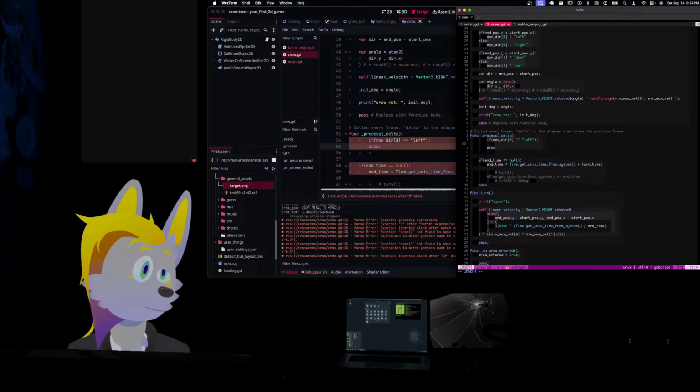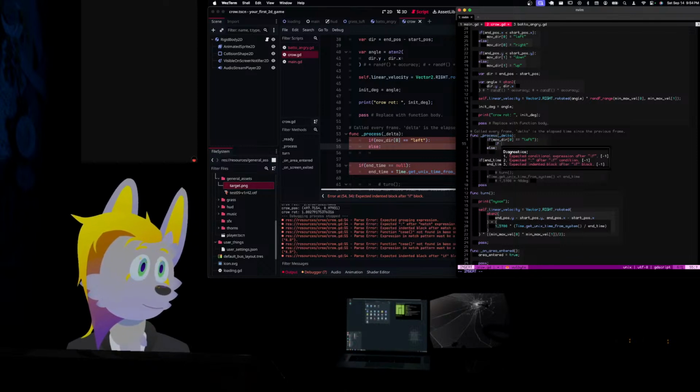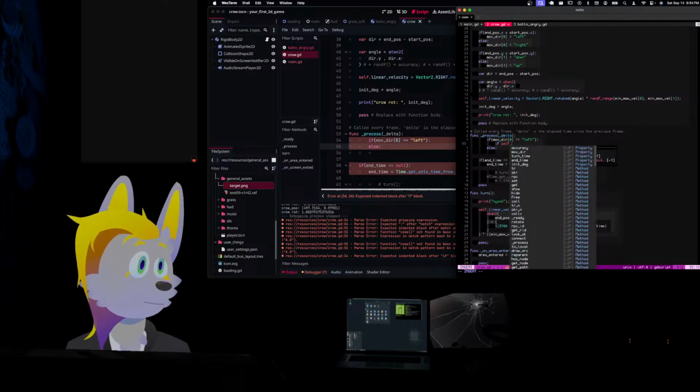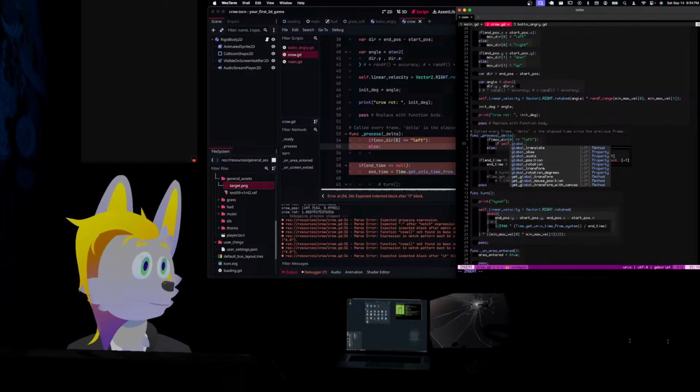Let's see. So if move direction is left,